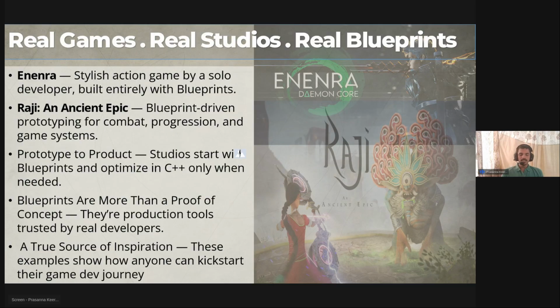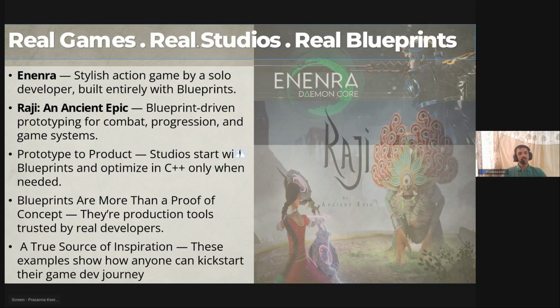So we have a close example, Raji: An Ancient Epic. I hope you guys have heard about this game. I hope so. We have the girl that is fighting against the demons. It is closely relatable to our Hindu mythological things, right?